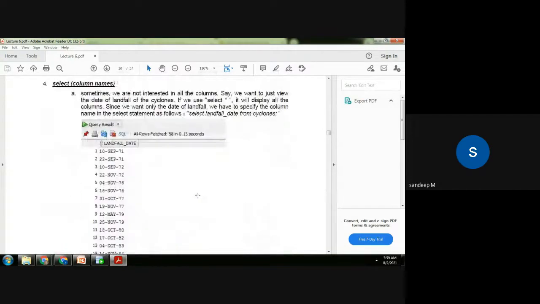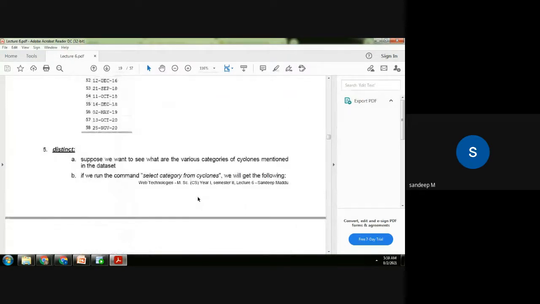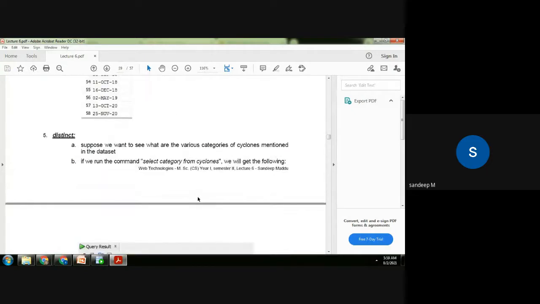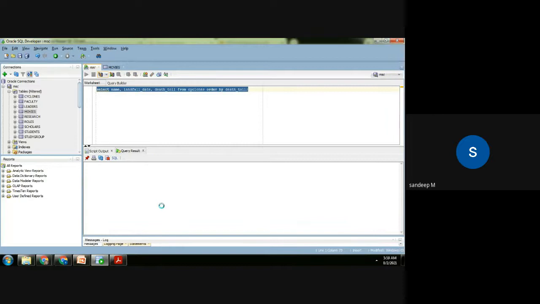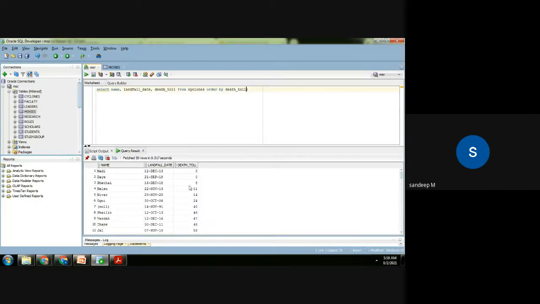So these are some examples I have told you. There's also the distinct command. We didn't run this. Let's run it. This is how you get it. Death toll, if you see, you could use the descending option if you want to get the most deaths. So here the name is not there, but this is Divi Seema, where 10,000 people have died. This is in 1977.